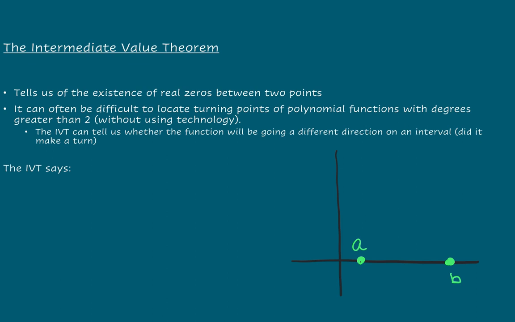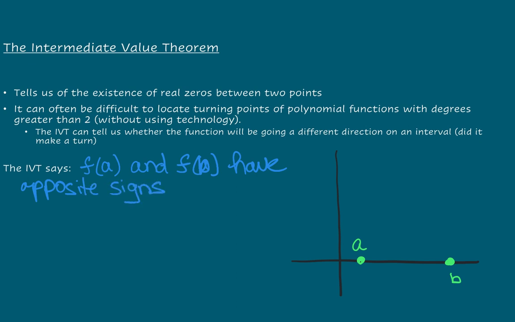Did it make a turn? If we know that our signs changed. So the intermediate value theorem tells us that if the function at f of a, or the function at that value, and f of b, if at those 2 points, they have opposite signs, in other words, if they changed signs after they crossed over the axis,